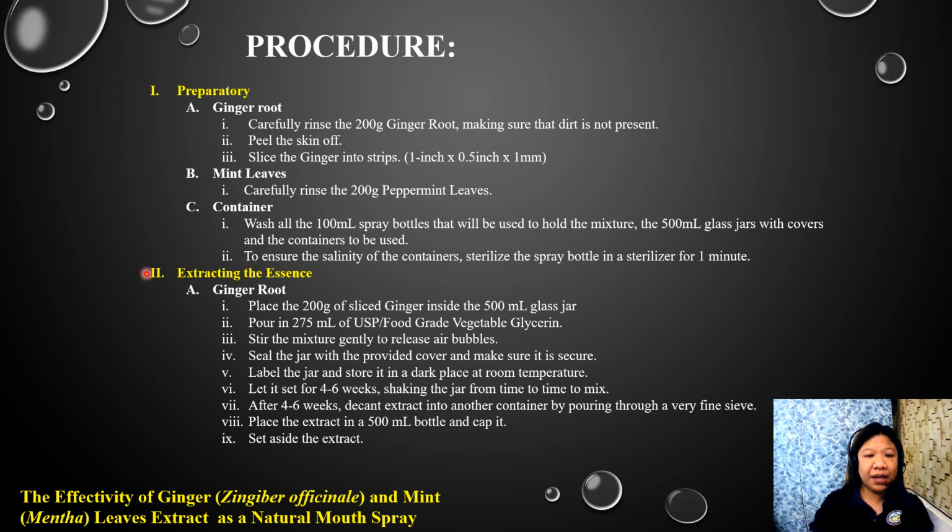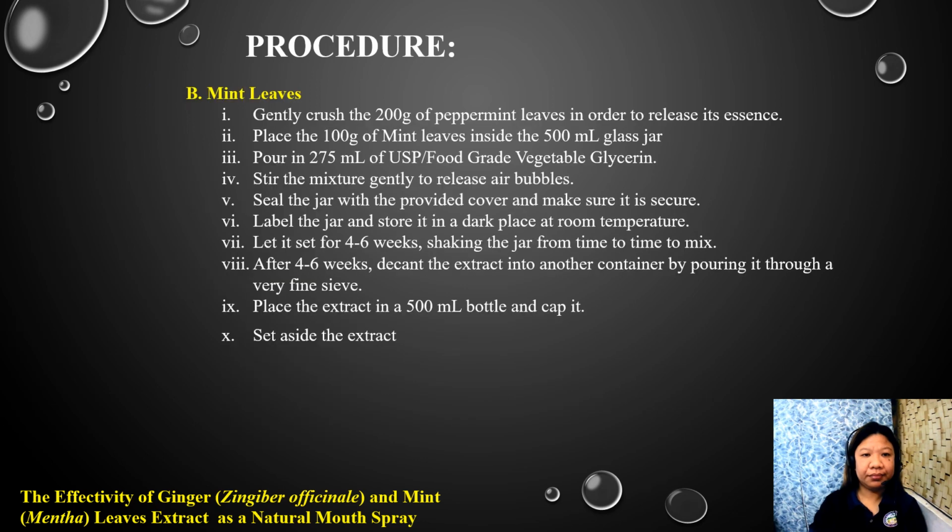Okay, so make sure that the procedures are detailed, because if other researchers, or other readers, will try to validate the result of your experiment, your study is doable. Then after that, make sure that the procedure is considered to be valid. And as I've said, if other researchers or readers will try to validate the result of your experiment, it's easy for them to follow the procedure